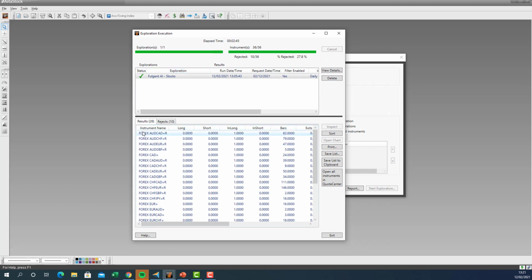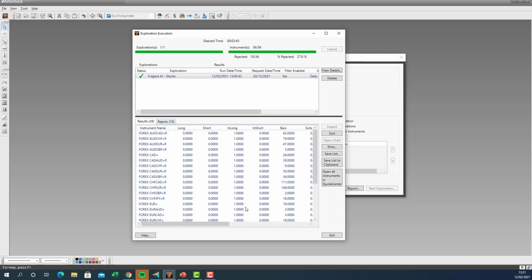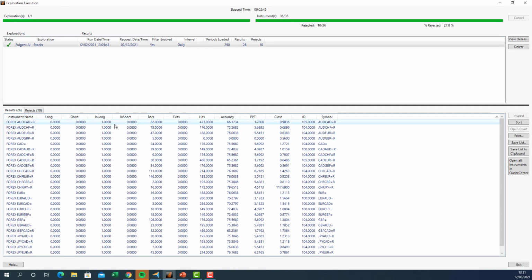And yeah, we have the end result. We've got 26 where the AI has either triggered a buy or sell signal. I see there are no shorts at the moment. And then we have 10 rejects, where there's a normal filter rejection where the AI doesn't see a particular recent trade. If I maximize this, if we scroll across, we can see the